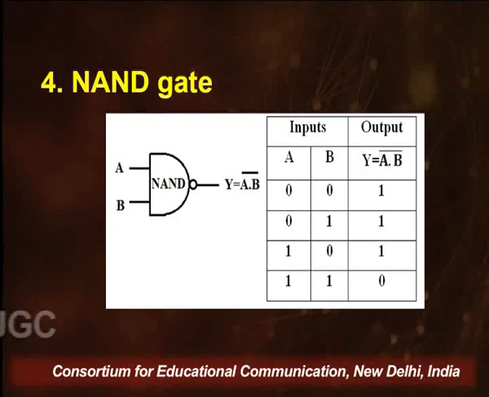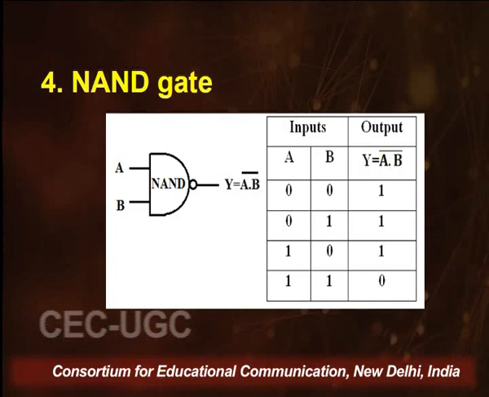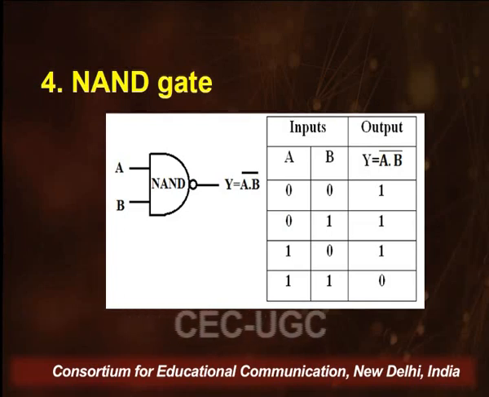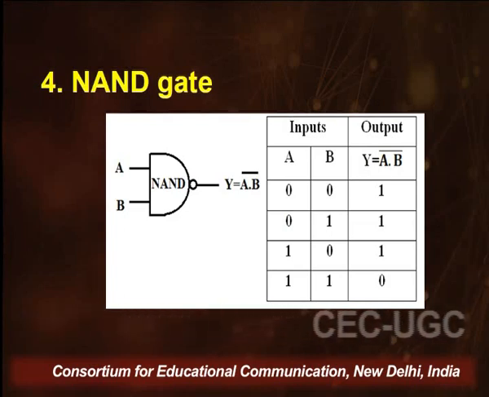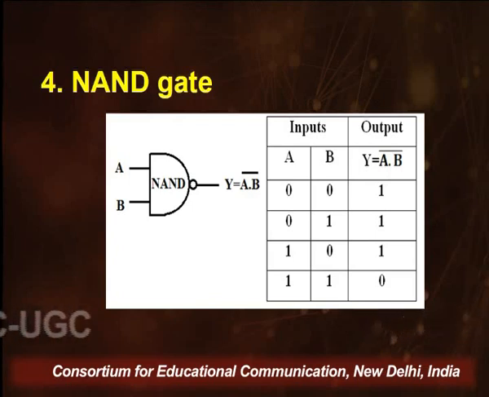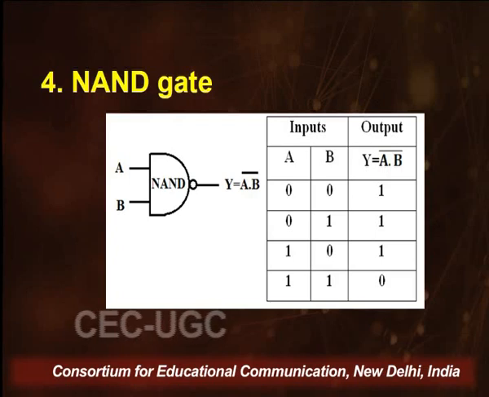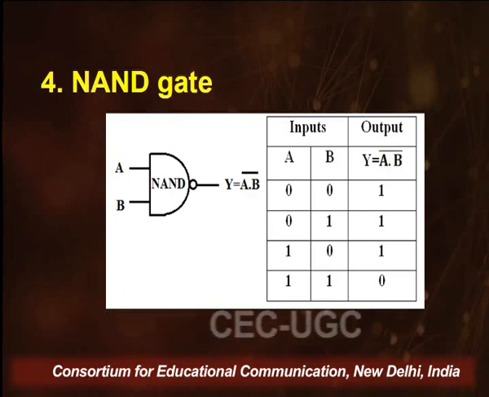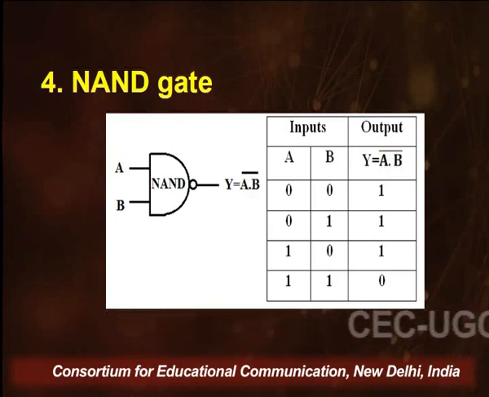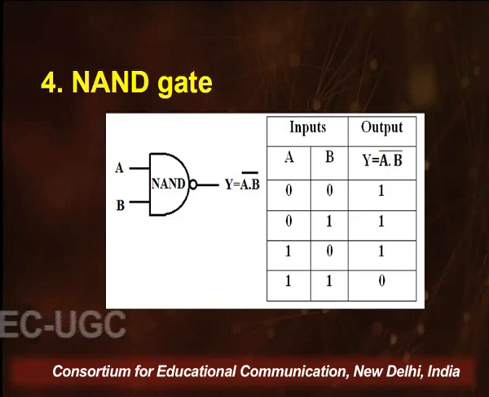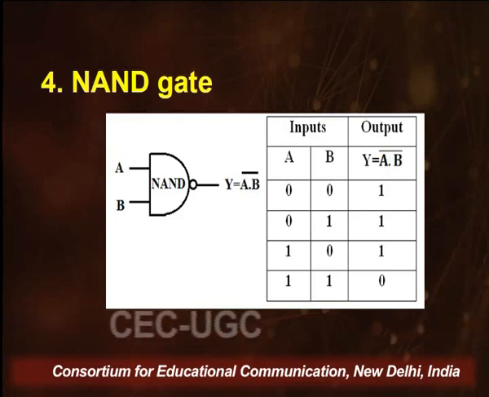Now if you look at the symbol of a NAND gate, this looks like an AND plus the bubble outside. That structure is coming from the inverter or your NOT gate. It's actually a combination of NOT plus AND, we call it a NAND gate. The symbol is also a combination of both the symbols. Again, minimum 2 inputs, A and B.